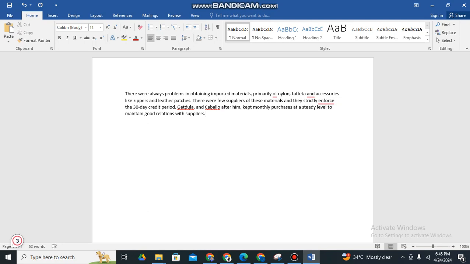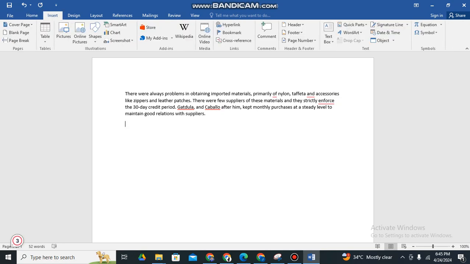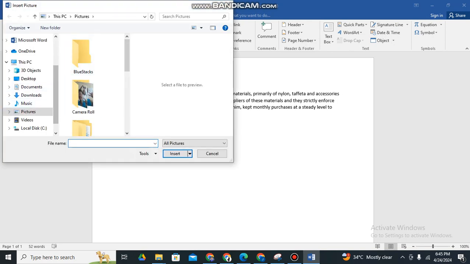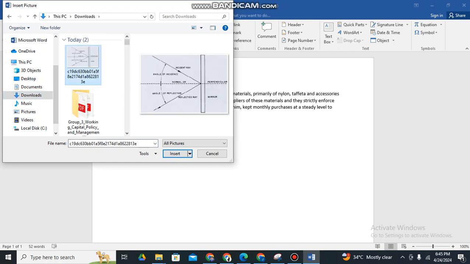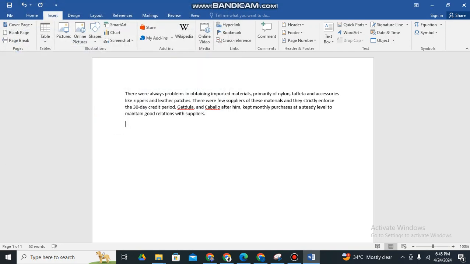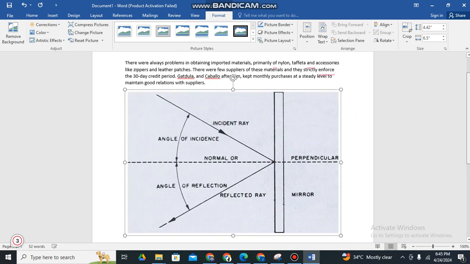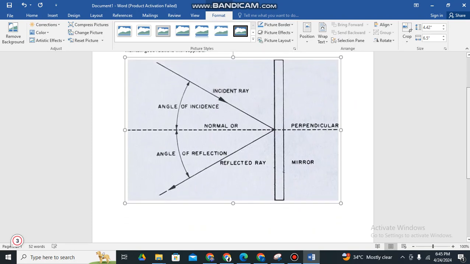So in order to do that, you just need to go to Insert tab here. Just click Insert and then kindly go to Pictures. So you can insert pictures from your computer or from other computers that you're connected to. Just simply click that and then you may now add pictures. So let's say for example, this is the picture that you want to add. Just simply click Insert and then that's it. That is already your picture added to your text.